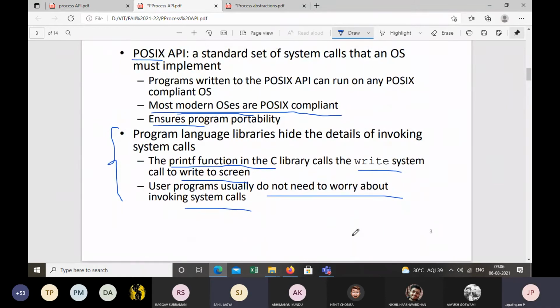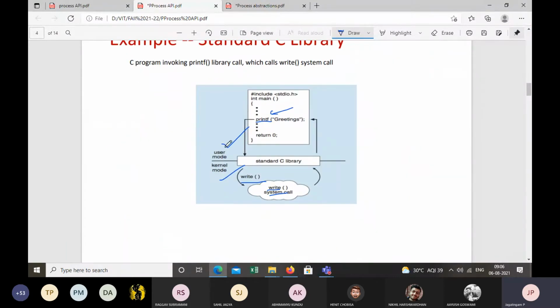Yeah, so we just make use of C library functions and we write code. But when the CPU executes that, look at the structure here. It's a user mode, and below that you have a kernel mode. Kernel mode in the sense of operating system mode. For user, we do not have access to kernel mode because it's the code of the operating system. That is the reason the kernel mode has a higher privilege level. It does the most sensitive operations, which the user cannot do.